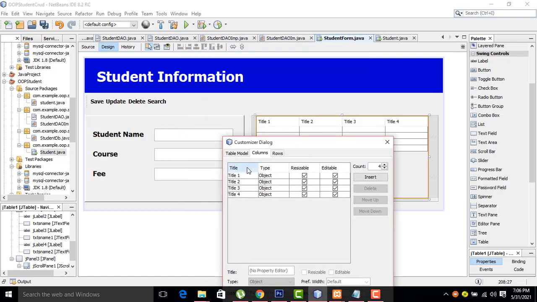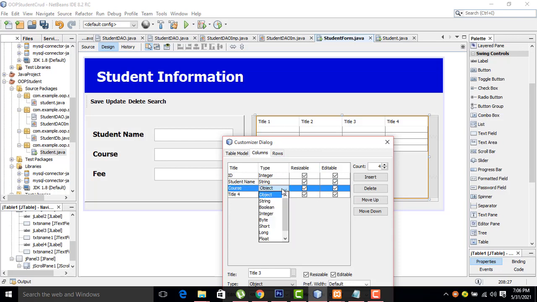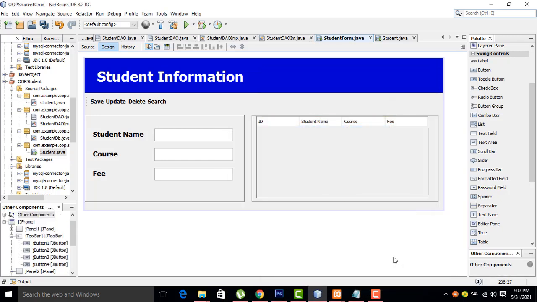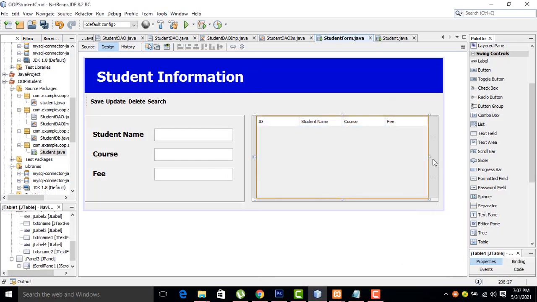You have to write the first one as student ID, integer, the second one as student name, then course, and the fee. Right, this is the text.